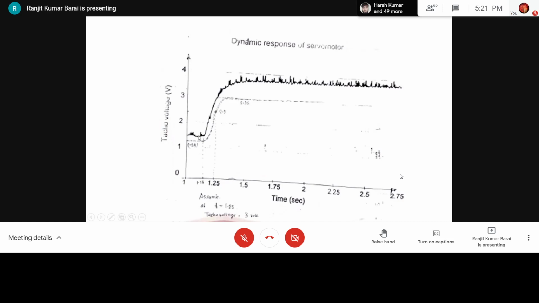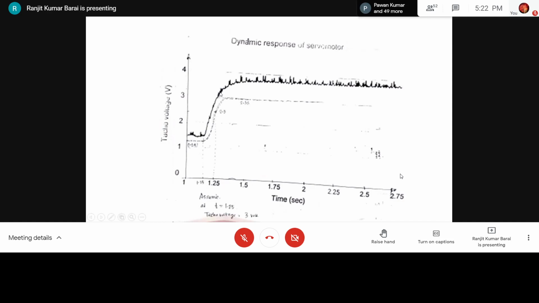So from here, if I take this as the 0, there is an offset, this much offset. If I take this as the 0 axis, and calculate the final value or steady state value as this, and if I take 63.7% and draw a perpendicular, then this will give you the time from here to here, which is the time constant of the first order system. And once you get the time constant, you can write down the transfer function.